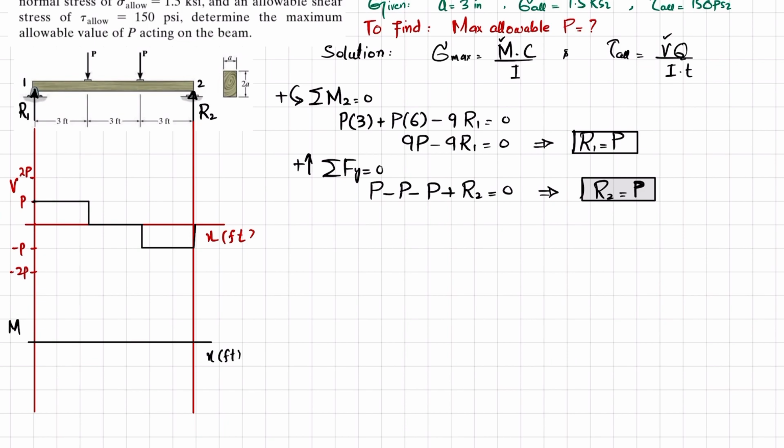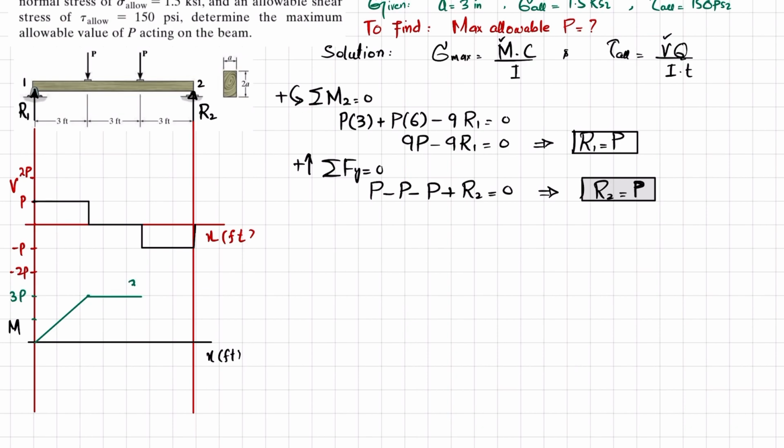Okay, so the first area under the shear force diagram is 3P. So at a length of this we have 3P. So let this be 1.5 and this be 3P. Clear? So the first point will be this one, and the bending moment will be a straight line because the shear force is horizontal. And here you can see the shear force is 0, so the bending moment will be